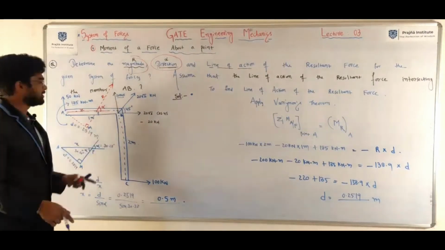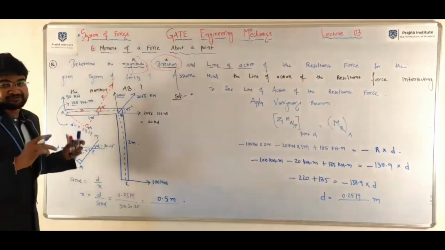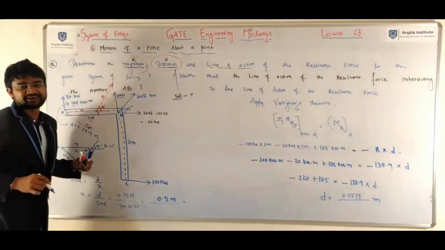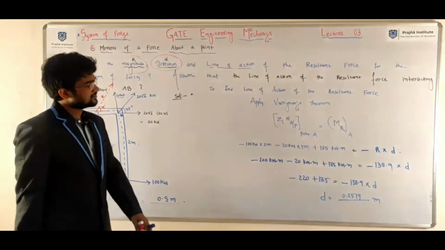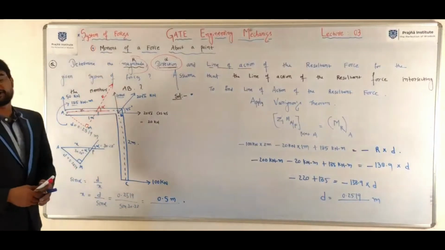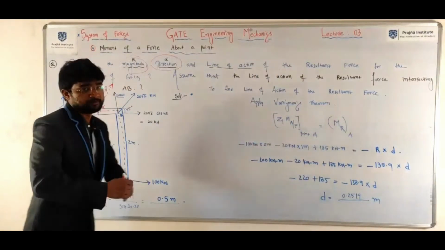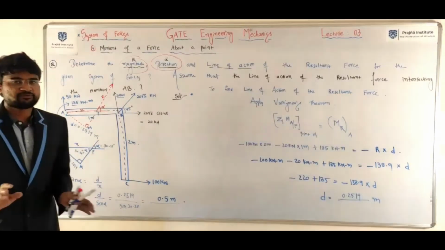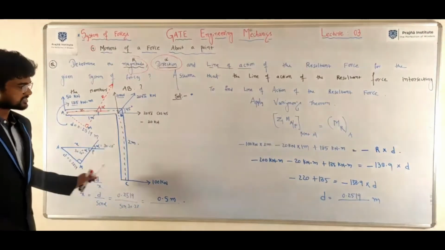Accordingly, first I fixed this value 0.5. For that, what is the moment we need to apply? From there, we built 185. So that is why we got exactly 0.5. This is the way to get the line of action of the resultant force. Here, you should know how to apply moment of a force about a point. We will spend half an hour only on this question. So first write down up to here.